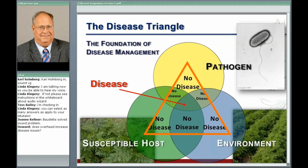Linda's right with it here. So the question is, when is water quality the most important? In an overhead system, in a drip system, with the groundwater source, or with a surface water source? We still got a few coming in. Well, actually,